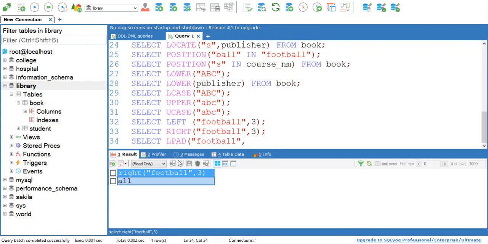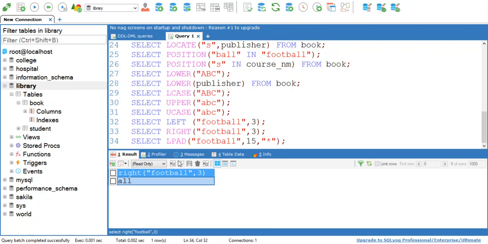I want to pad this football string with star and I want to make the length of this string 15. So my query is select lpad, in brackets I have written football as my original string. Now the size of football is 8. I want to make that size 15 by padding star.